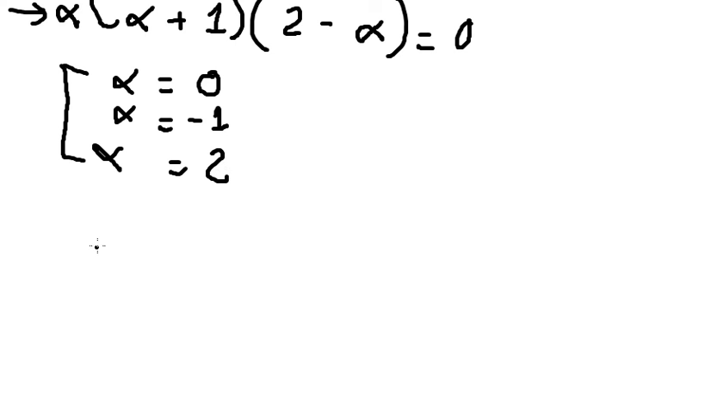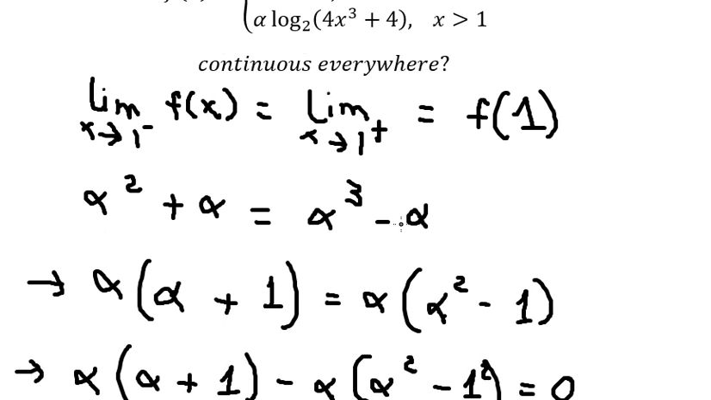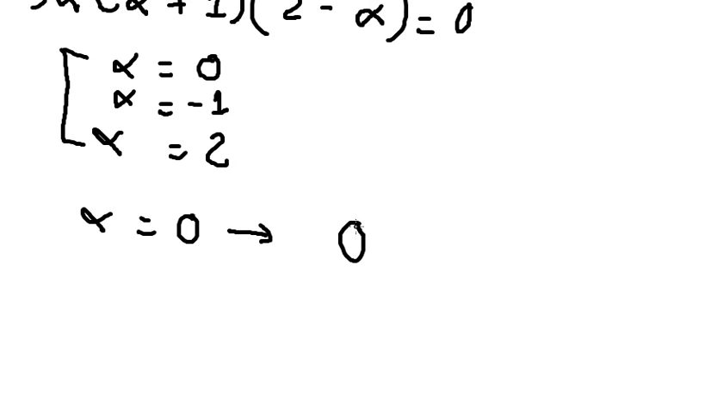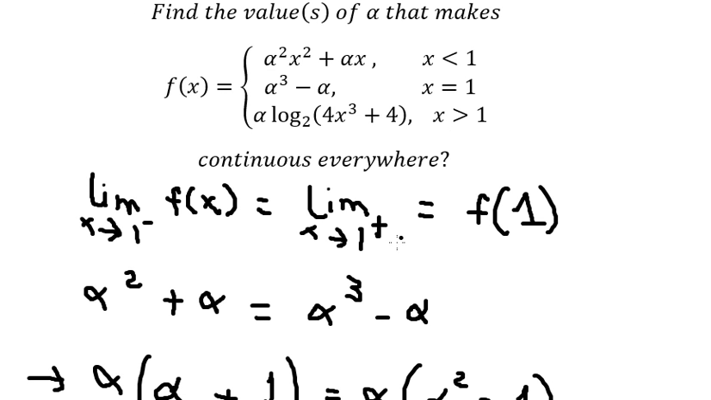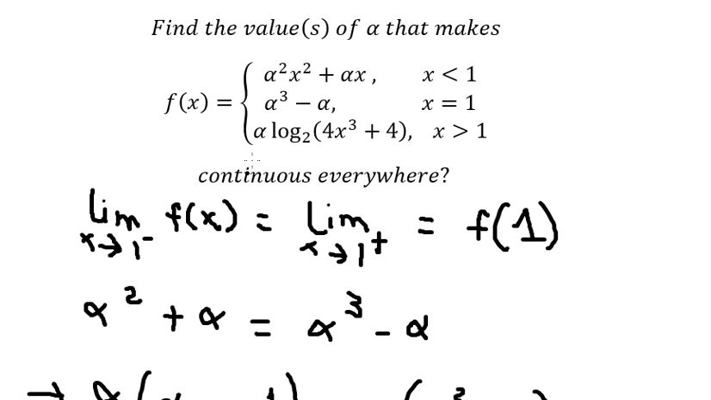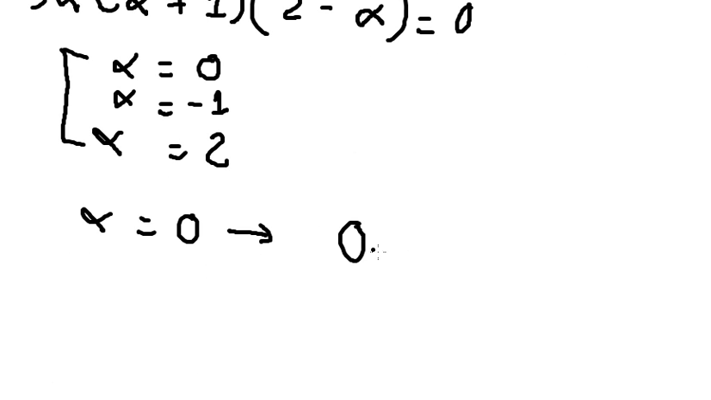When alpha equals 0, so we put 0 in here and you get 0. So when x approaches 1 on the right, there should be 0. So if we put 0 in here, on the left this one equals 0. So we need to select